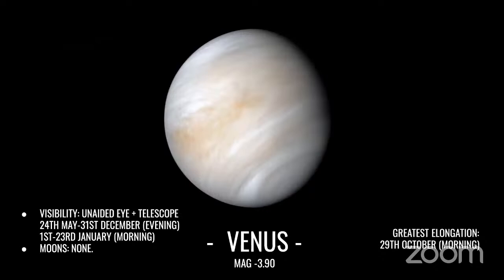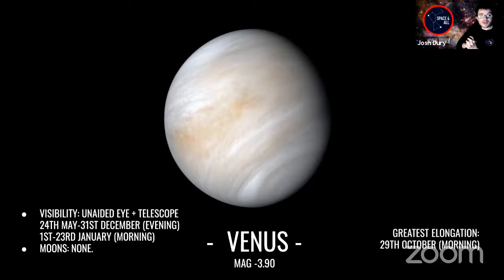Okay, the next one, the planet Venus. Now, this is a super, super bright object, which I've seen with astronomers in the past. As you guys can see, I've changed the magnitude on this one to minus 3.90. So this is how Venus currently appears in the night sky. Already, if you can imagine from what I was saying earlier, when we can see stars just about to the edge of plus